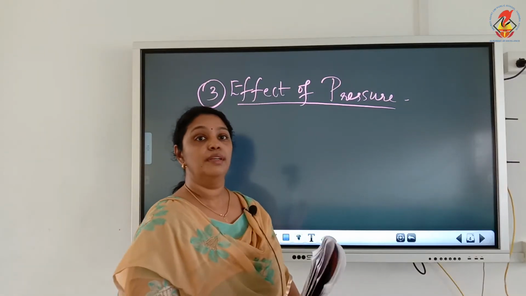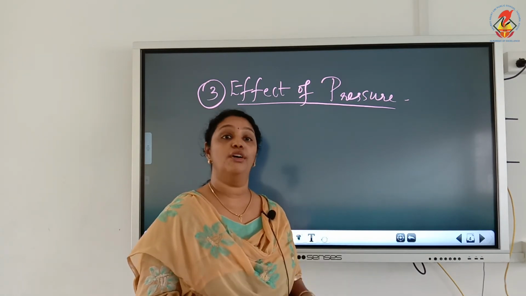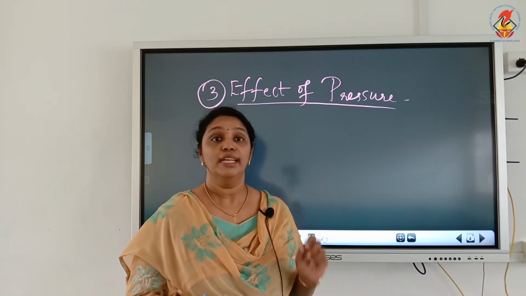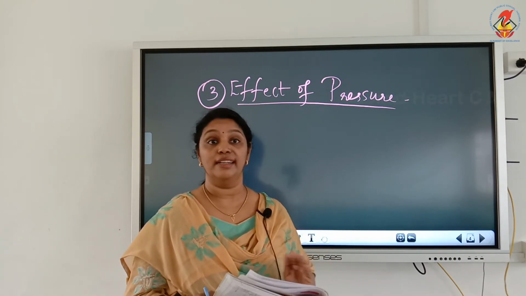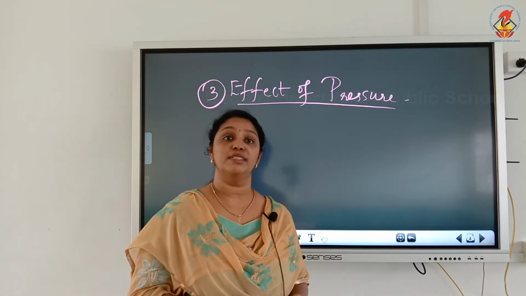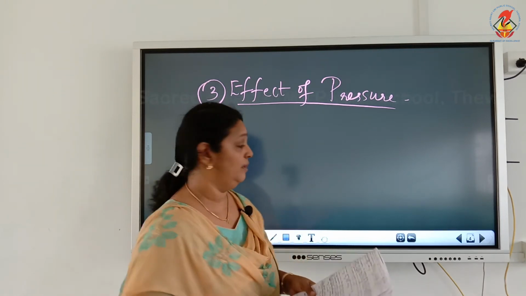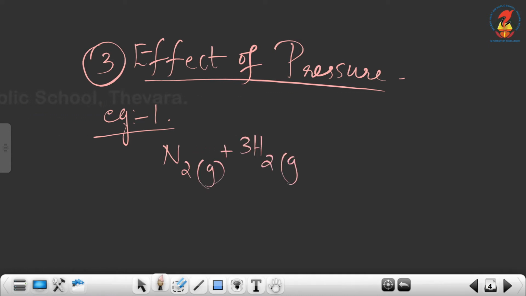Now, this effect of pressure is applicable, or significant, in the case of gaseous reactions, which means the reactants and products are in gaseous state. So, I am going to write again the example, that is the formation of ammonia molecule. The reaction for the formation of ammonia molecule is N2 gas plus 3H2 gas in equilibrium to